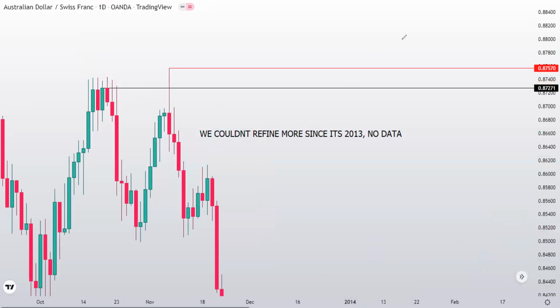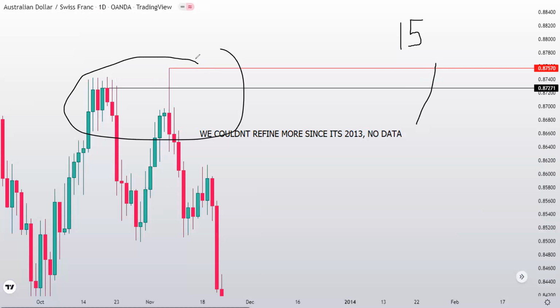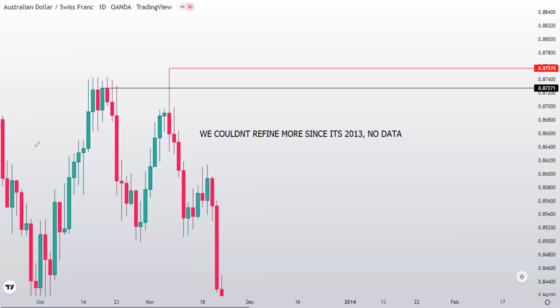And in terms of risk, I always use 15 pips because I know that if the market comes and stops me out by 15 pips, then I was completely wrong on this specific area. So I always use 15 pips as my risk. Even if the structure provides me with maybe a 20 or 25 pip stop loss, I actually use 15 pips after refining